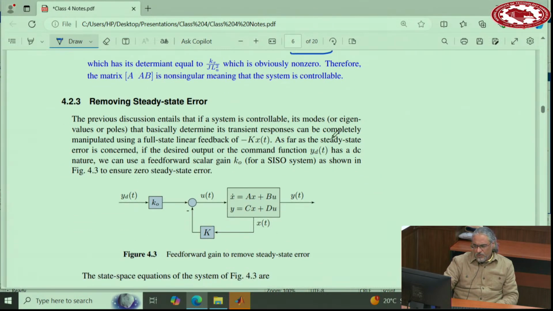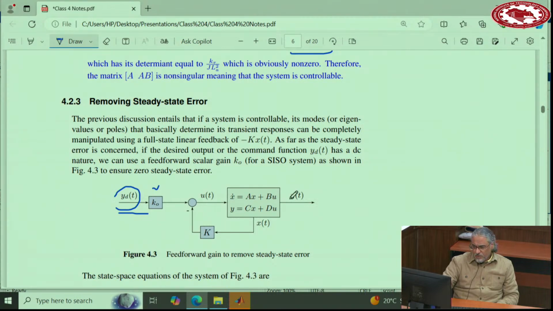Now, when you close the state feedback, you change the poles or eigenvalues of the system, but you still haven't ensured that when you apply a set point to the system, the output becomes equal to the set point. For that reason, we have a couple of ways to do it. This is the simplest way: you apply your desired trajectory, or set point, and you multiply it by k0,